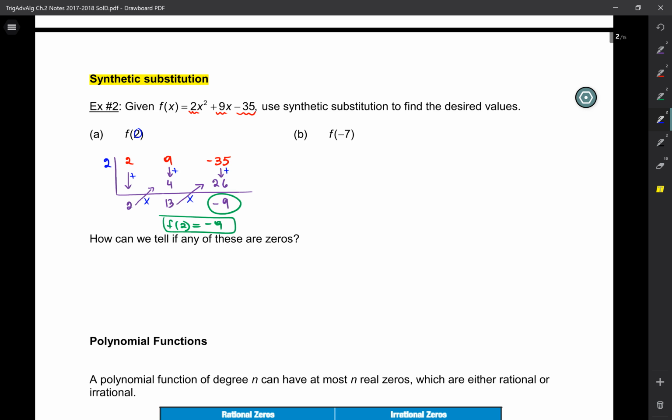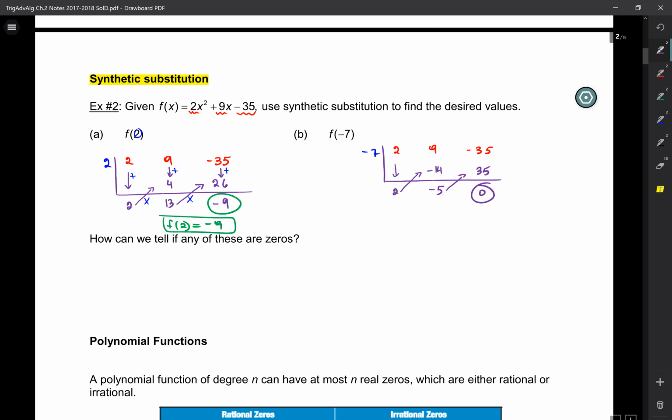All right, so let's do negative 7 then. Negative 7 will be the number that I put out here. And then inside I have the same coefficients, 2, 9, negative 35. The 2 comes down for free. Whatever makes it down to the bottom row is multiplied by negative 7. So negative 14 plus 9 gives me what? Negative 5. Times negative 7, positive 35, and we get 0. So f of negative 7